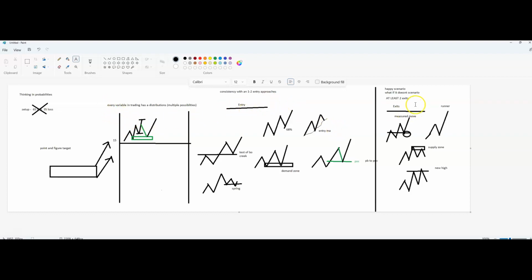Okay, so you have the entry, you have the exits, you have all this. All right, so this is what thinking in probabilities is within trading, and this is extremely important to have at the root of whatever it is that you do in trading, because you have to say that I expect the unexpected and I plan for it already. If you do that, the chances of blowing the account are very, I don't think it's possible, because you already planned, and hopefully you don't tilt.